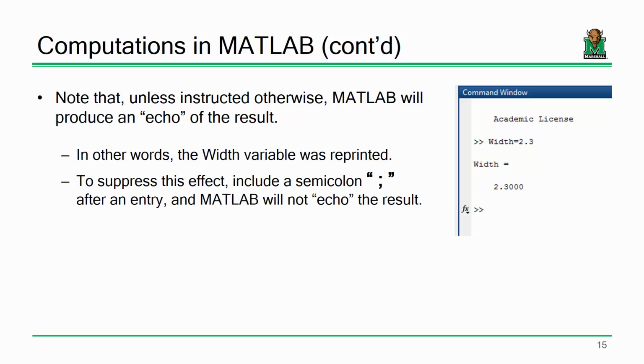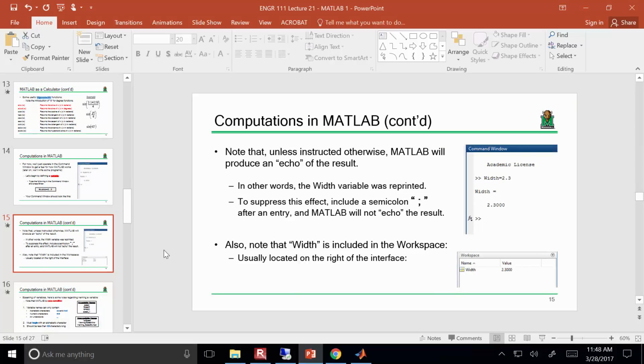Now, it echoes whenever you define a variable, just to confirm that it understood what you typed in. It's actually not for the computer to confirm it, it's for you to confirm it, because we humans are so notorious about typing the wrong thing. But you can disable that echoing by using the semicolon. So if you don't want it to echo to you, if you're trying to save some space,